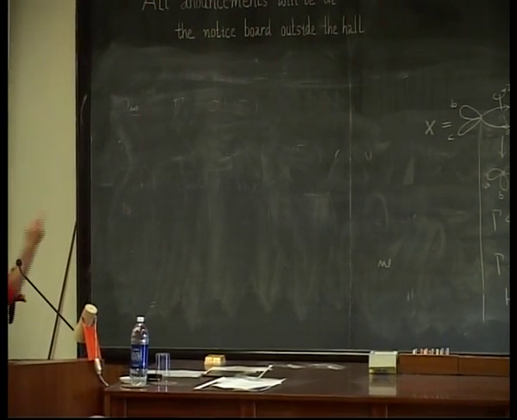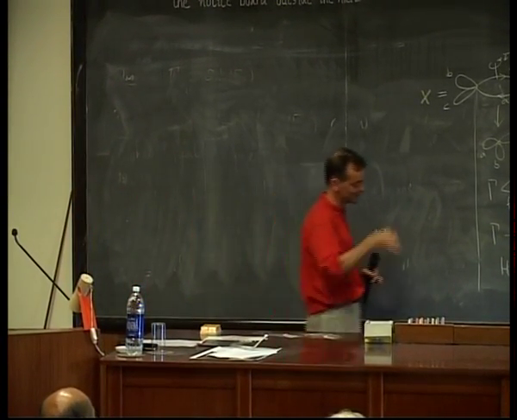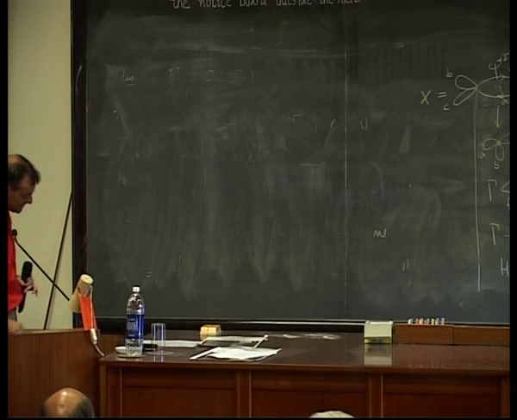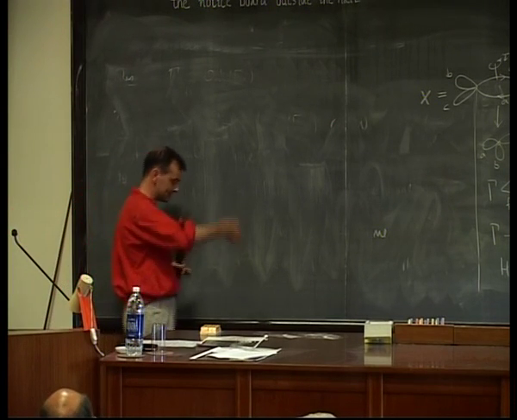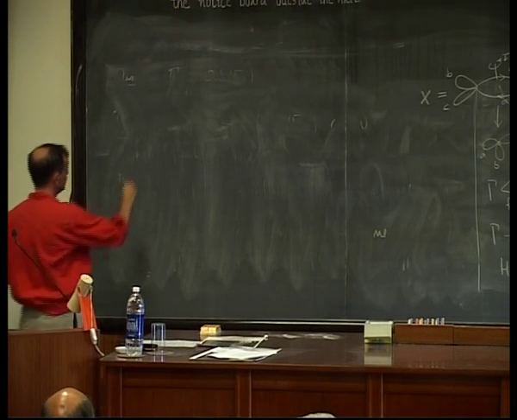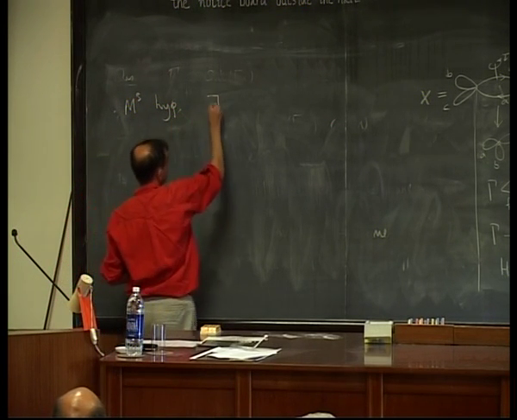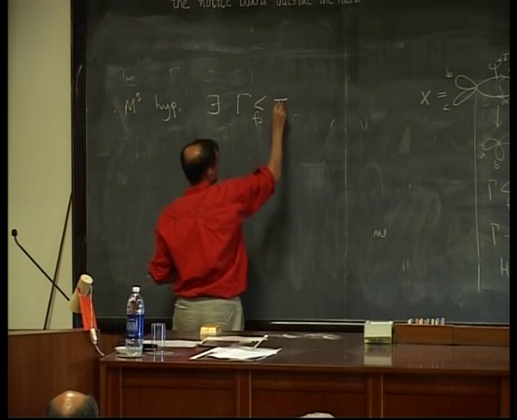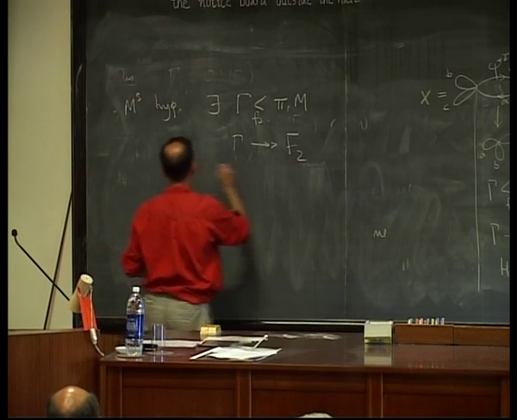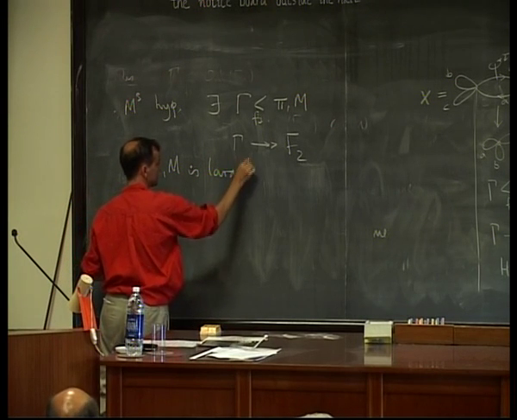Okay? So, as everyone knows, if you take a hyperbolic 3-manifold, conjecturally it's virtually fibered over the circle. It has some subgroup of finite index that maps onto the fundamental group of the circle. So pi 1 has a subgroup of finite index that maps onto Z. But you might also reasonably conjecture that if you've got a hyperbolic 3-manifold, then there actually exists a subgroup of finite index in pi 1 that maps onto a free group of rank 2. Okay, that property is called largeness, having a subgroup of finite index that maps onto F2.